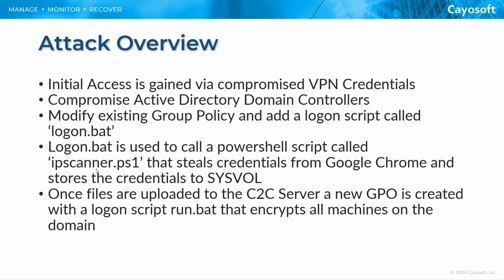The initial access is gained via compromised VPN credentials. Once in, they'll compromise Active Directory domain controllers, modify an existing group policy object, and add a logon script called logon.bat. Logon.bat is used to call a PowerShell script called ipscanner.ps1 that then steals credentials from Google Chrome and stores